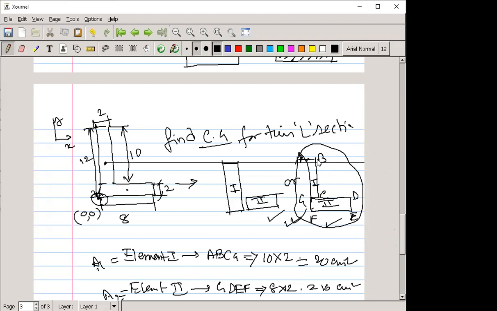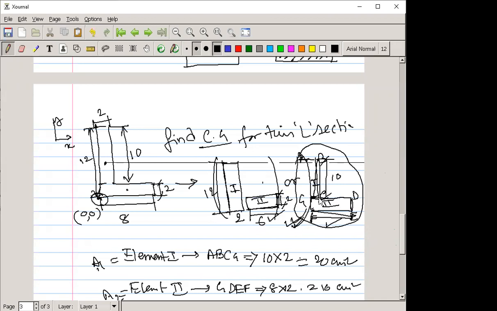If I solve in this manner, then this is your 10 and this is your 2, and for section 2 this is your 8 and this is your 2. And if I solve in the first manner, then this is maybe your 6, this is 2, and instead of 10 this should be 12, and there it is also 2. So 6, 2 or 8, 2, and here 10, 2 or 12, 2. In both ways you can solve. So I solve in this manner.